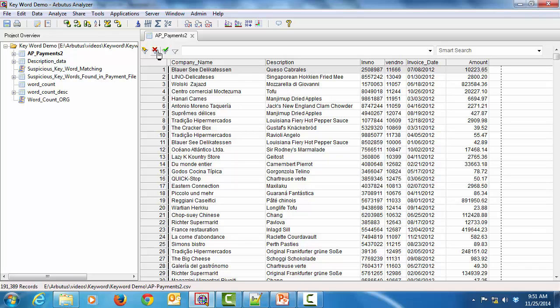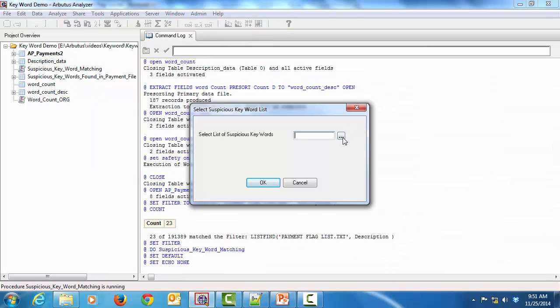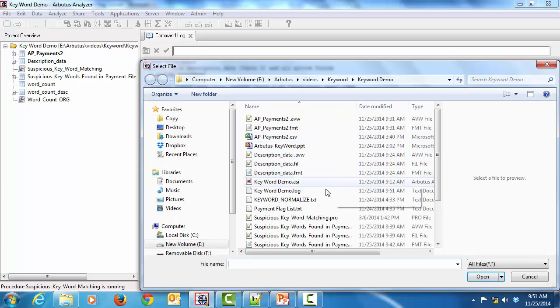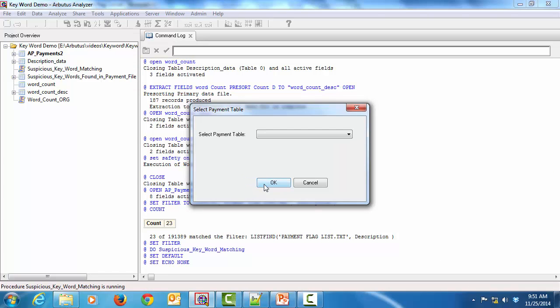Now, if you want to make this a little bit more interactive and not even have to type anything in, just run the test without really doing anything in Analyzer, you can apply a simple script. So if I go ahead and click run my script for suspicious keywords, now it's just a matter of prompting the user for what they want. I'll choose my payment flag list here again, click on OK, select my table,